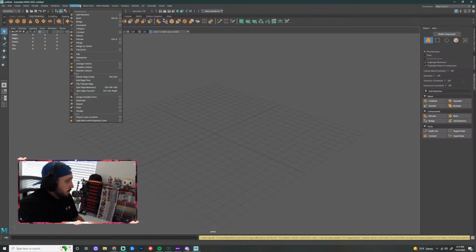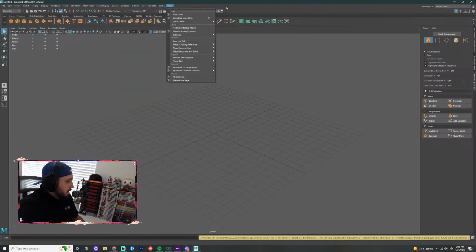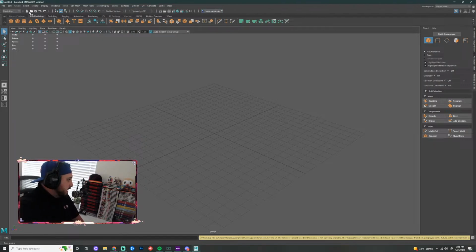So, like I said, a bunch of menus up here. Below that, you've got another slew of buttons and menus, a lot of them to do with undo, redo, saving, opening, creating new files. You've got a bunch of object snap buttons, which we can talk about in a little bit. Live surfacing, which we probably won't talk about here, well, it depends. Symmetry, which we will talk about. Then you've got some rendering options, your login information for Autodesk, and then below that you've got what's called the